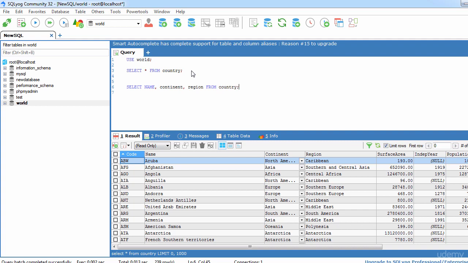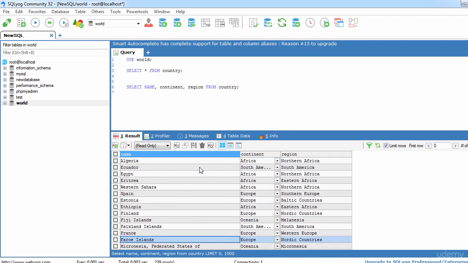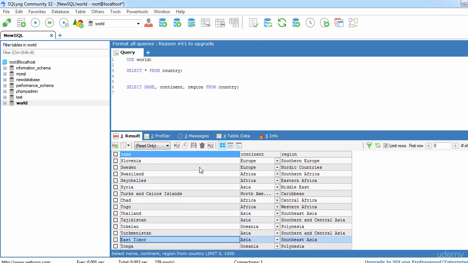I'm going to use a semicolon at the end of this query. If we execute this query, then we can see that the data retrieved from the table has only three columns. Those are mentioned here in the select statement. Now we can see that it has returned about 239 rows.